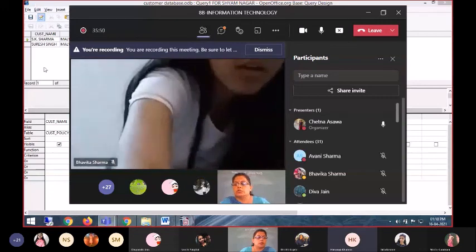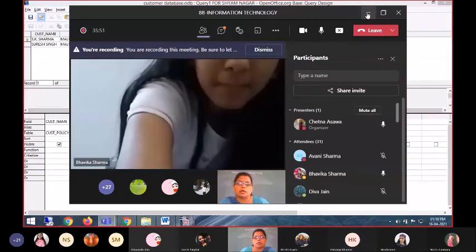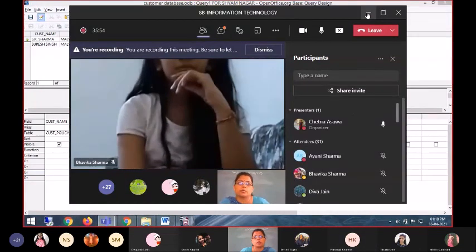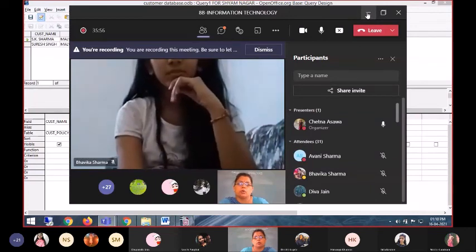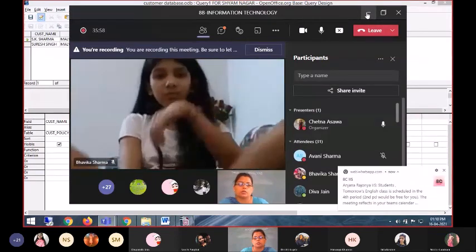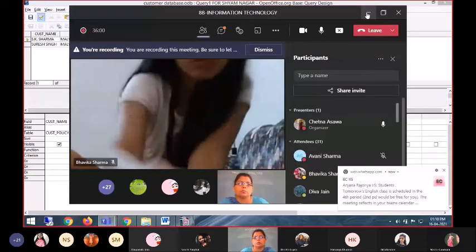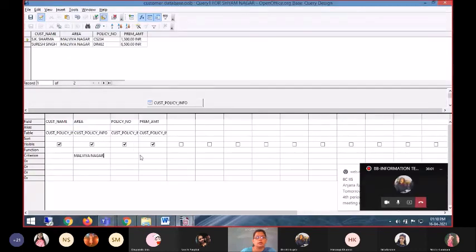Now suppose Shyamnagar area या Malviya Nagar area is area wise query नहीं चाहिए. I want to find out names of customers whose premium amount is more than 3,000. I don't want to filter according to this. Those whose premium amount is more than 3,000.